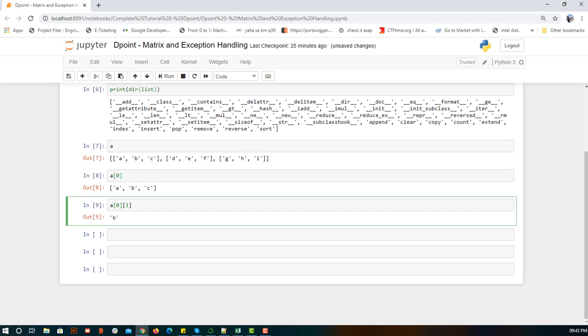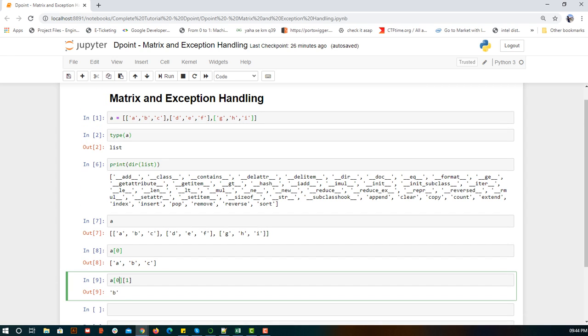If you want to know the step size, positive indexing, negative indexing, go back to the previous videos where we have talked about the list, and there you can completely understand the indexing, the step size and all. Based on that, we can apply all the indexing to the two-dimensional list as well, because list is list irrespective of whether it is one dimension, two dimension, or multi dimensions. So that was about matrix. Now we'll try to do a similar sort of thing with numpy.